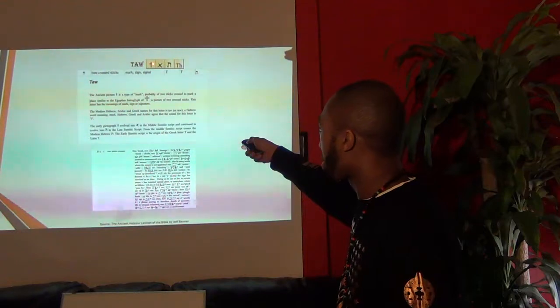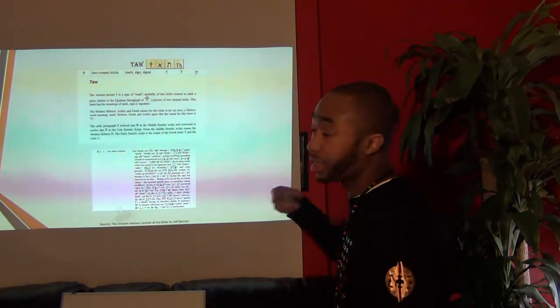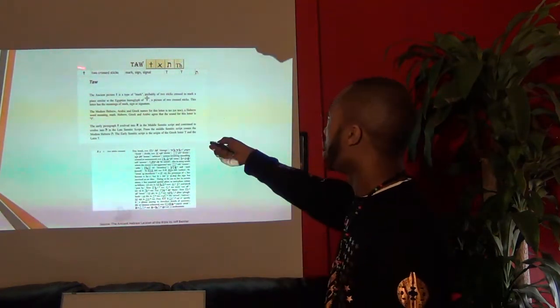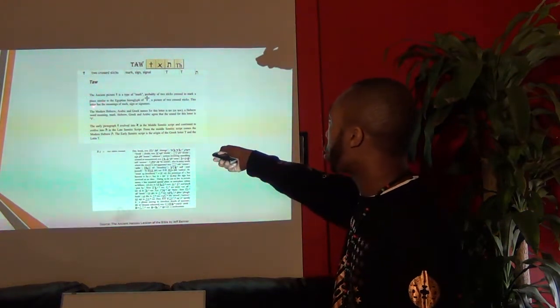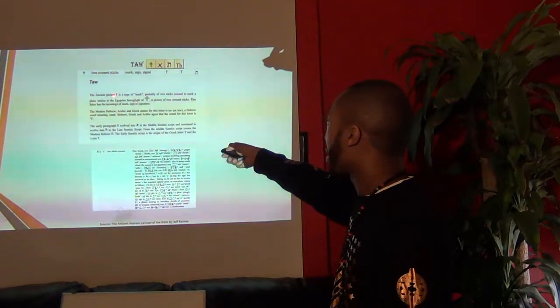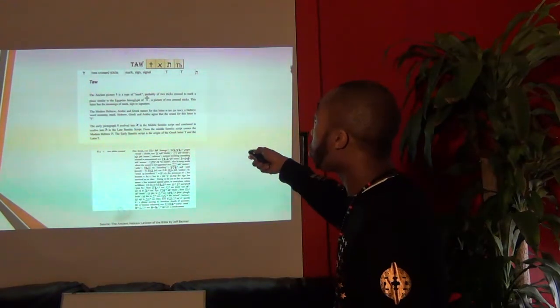Okay? It looks like a cross, an X. This is the modern Hebrew. It's the TH or the T sound in English. The two cross sticks, which means the mark, sign, or signal. Okay? The ancient picture of what we see, the T, is a type of mark, probably of two sticks crossed